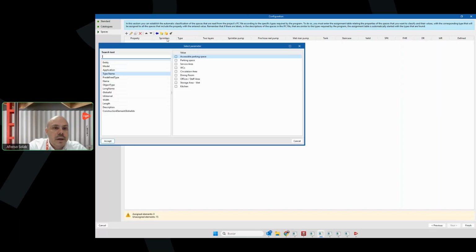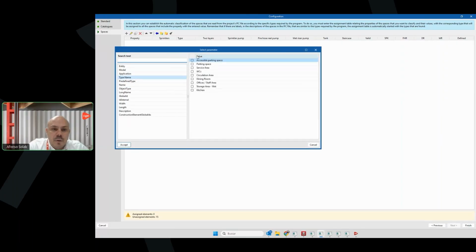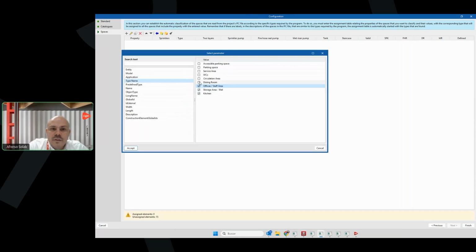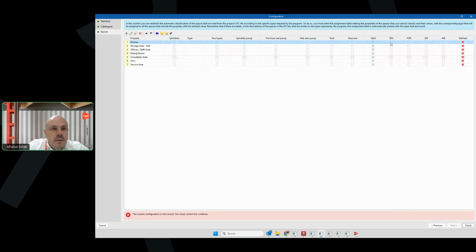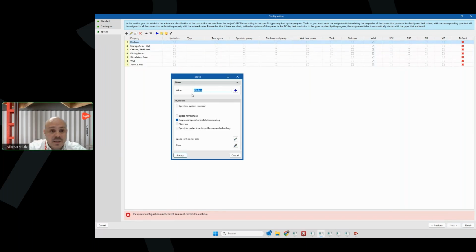I'll click on the blue arrow here, and I'll import some spaces from my model: the kitchens, the storage area, offices, dining rooms, circulation, toilet, service area. The parking spaces I will not import because they are not important for me in this project. You see that in the columns that you see here, there are much more columns now available, okay? Because for each type of element, now you can personalize more parameters that in the future, when you click on the buttons to generate something automatic, with these parameters, these automations will work better. This is the way that you feed the system to have then automations to generate your installation